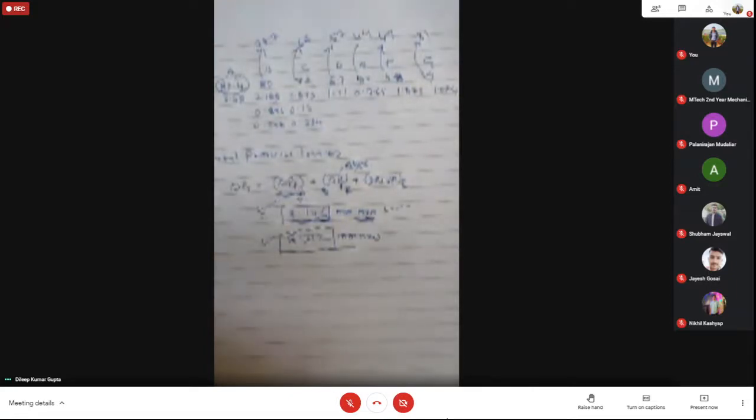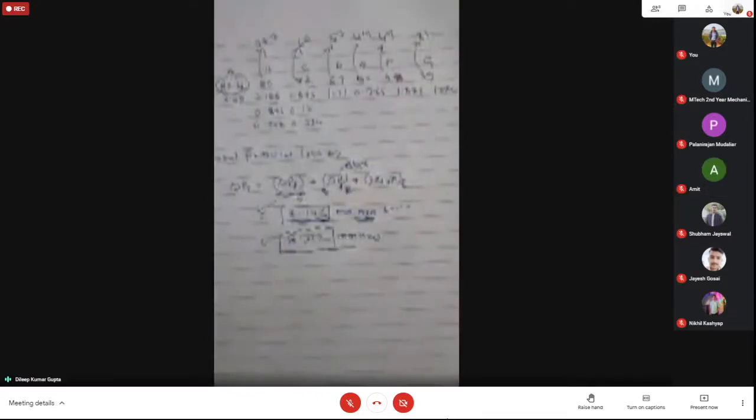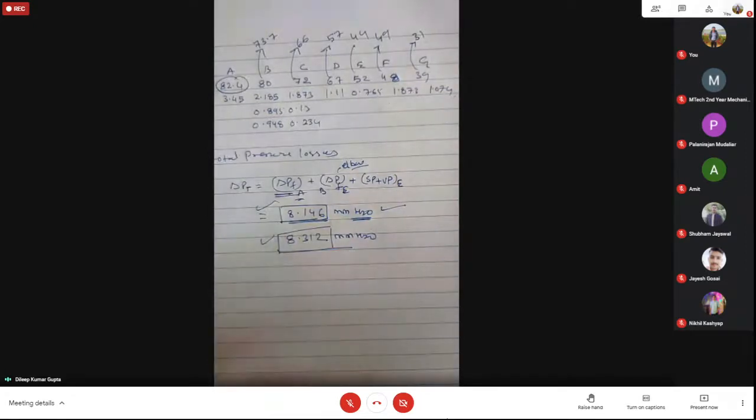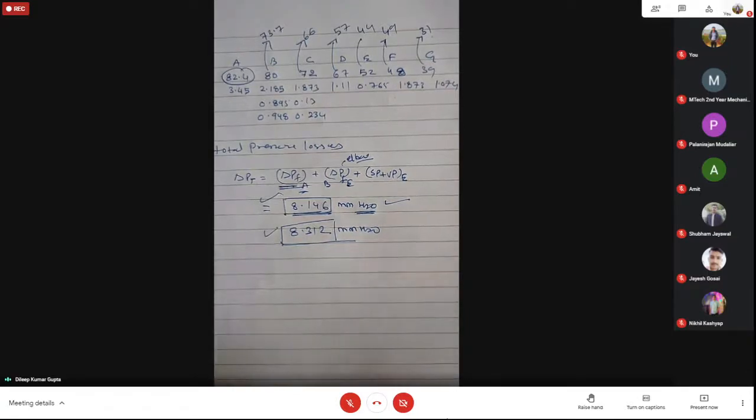Yes, the SR method is giving better results. Somehow it requires better skill and is a bit time consuming. It is not as simple as the equal friction method. For the sake of simplicity, we generally use the simpler equal friction method, which is most widely used. But a more accurate and better answer you can get by using the static regain method. Only the effort level will be higher from the calculation point of view. Am I clear?